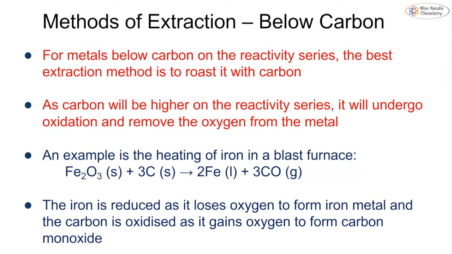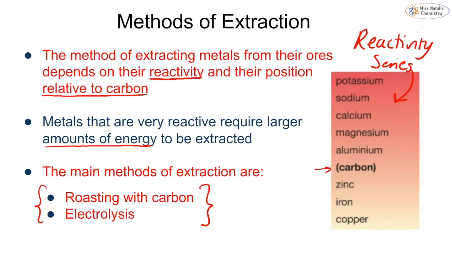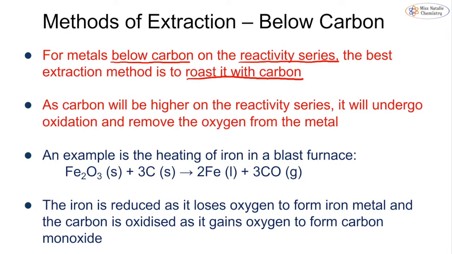So any metal that is below carbon on the reactivity series, the way that we extract them is we roast it with carbon. So if we go back and have a look, we do this for zinc, iron, and copper; all will be extracted by roasting with carbon. And because carbon is higher on the reactivity series, it is the thing that undergoes the oxidation reaction. If the metal was higher in the reactivity series, the metal would then undergo the oxidation. So we have to make sure that this is only for elements below carbon, and then it will remove the